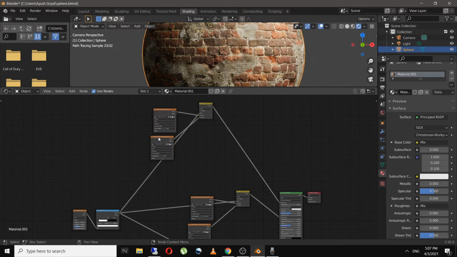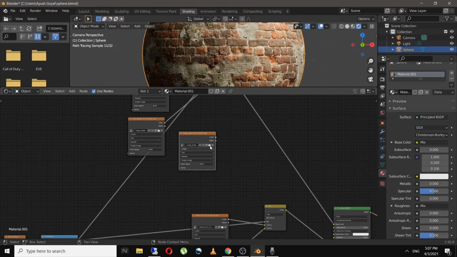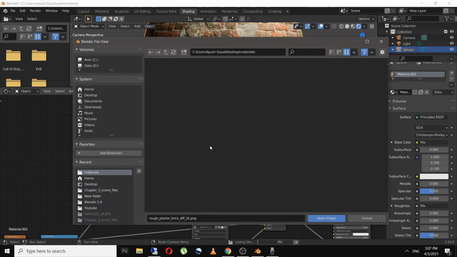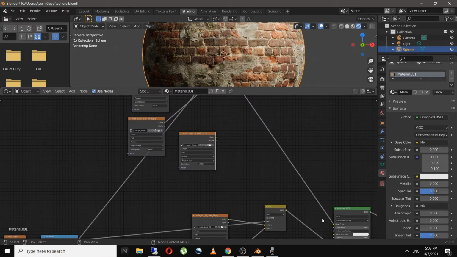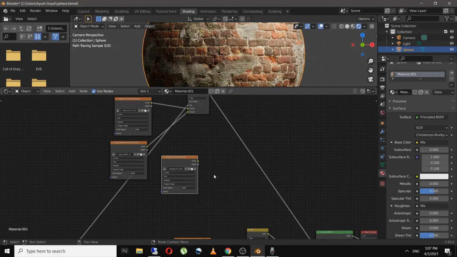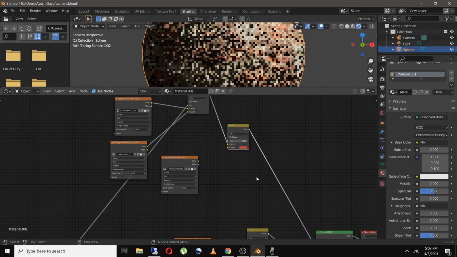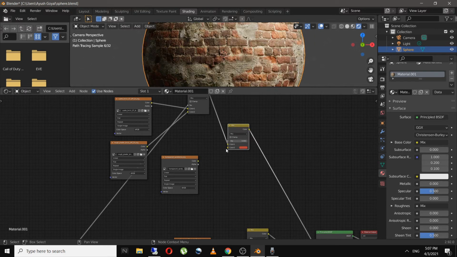I will duplicate this image and add in a sandstone border. I will duplicate this mix RGB over here and connect the color to color 2, something like this.